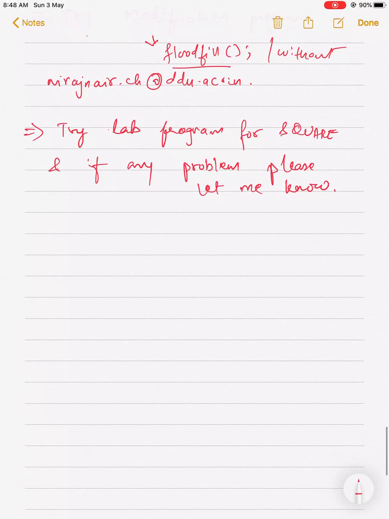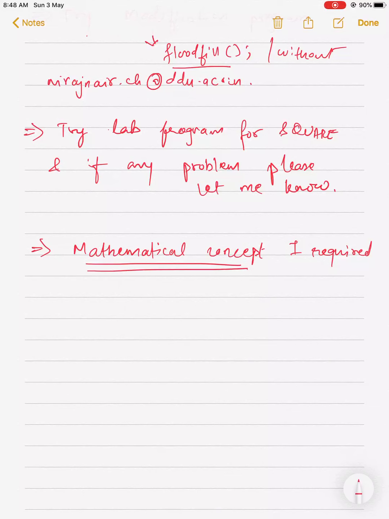Okay, so in next class we'll start with circle, sine wave and other important things. Why from next class? Because in those classes your mathematical concept should be strong. Mathematical concepts are required. Okay, so what is the equation of circle, for sine wave, what are the equations available? Please go through it. We'll discuss it in next class. Okay, thank you.